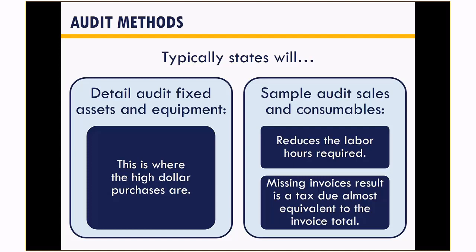We'll go through those, figure out a failure rate out of the sample, and then extrapolate that against the total business done in that period or the spend in that period. So, a missing invoice that had $10 worth of tax on it by itself may not seem like a whole lot, but by the time it's extrapolated to represent what probably happened due to the sampling method, that $10 worth of tax on that one invoice can easily be $100. So they'll detail the big ticket items and they'll sample pretty much everything else.